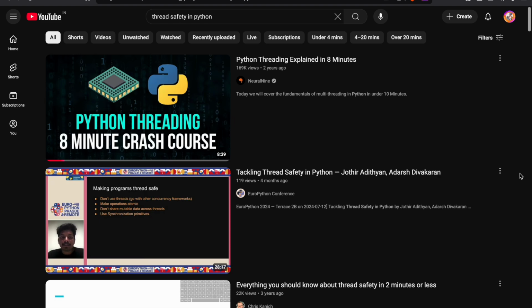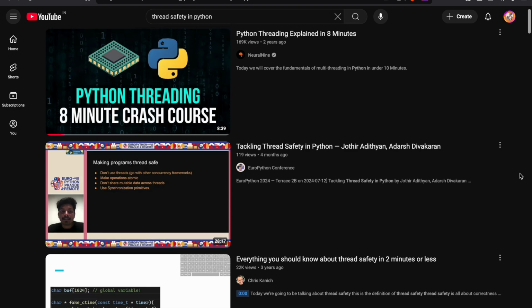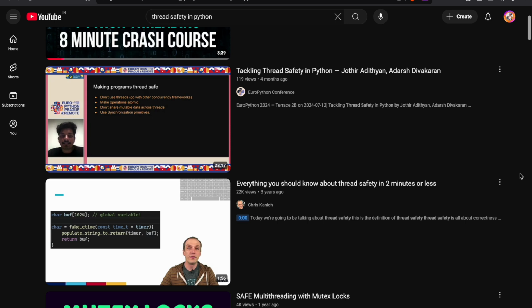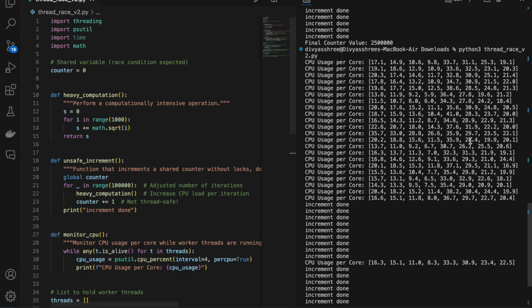There are a lot of tutorials on YouTube and otherwise that teach you how to write thread safe code and prevent race conditions, meaning how to implement parallelism by synchronizing all the threads you're running, and how to use mutex locks. I wanted to try the opposite. What if we introduce a race condition and monitor the CPU usage while all the threads rush to perform an